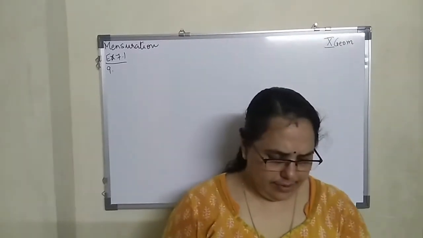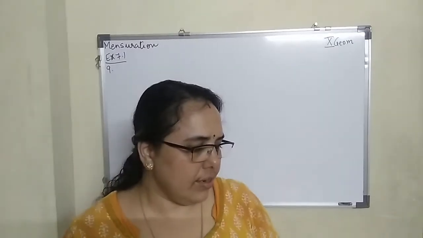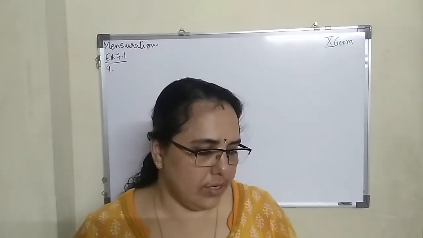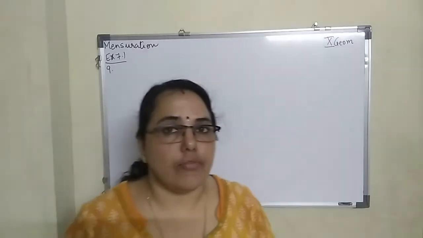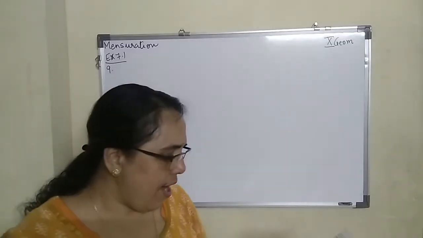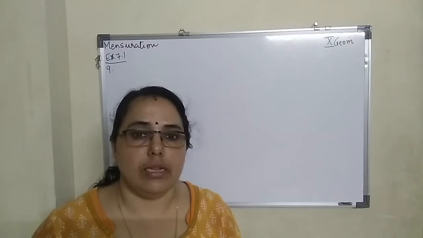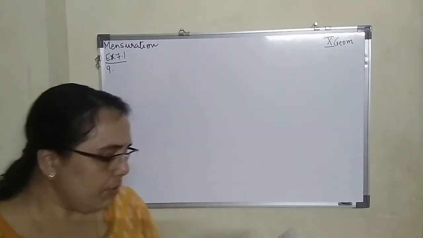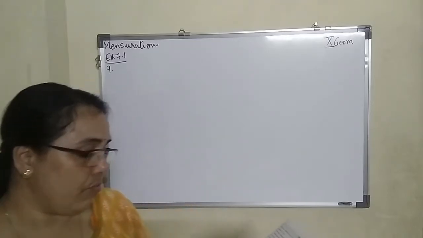Sum number 9. The figure is given 7.12. A cylindrical wrapper of flat tablet is shown. So you can see very clearly it is mentioned cylindrical wrapper. The radius of a tablet is 7 mm and its thickness is 5 mm. Mm means millimeter. How many such tablets are wrapped in the wrapper?